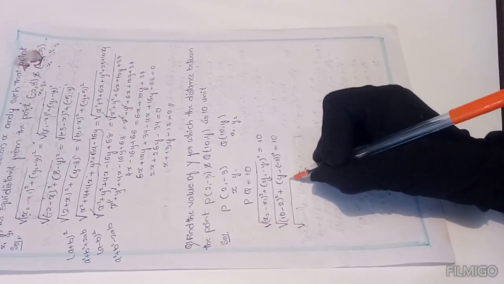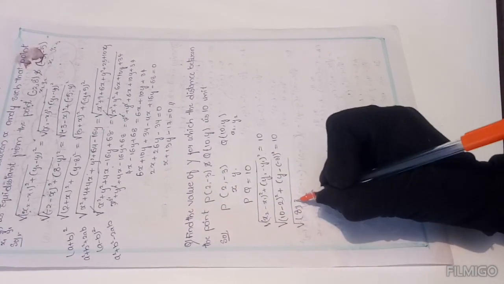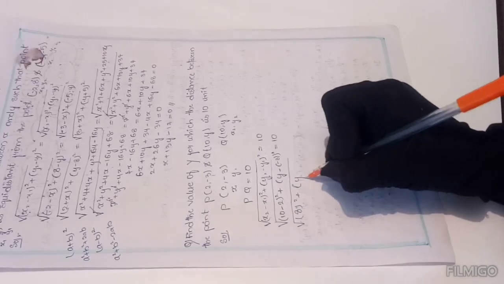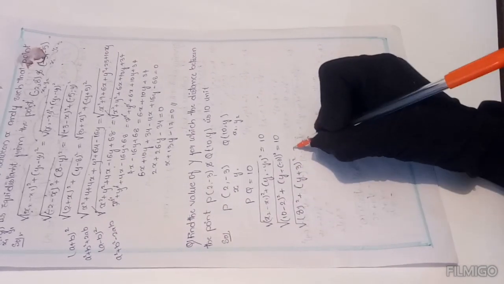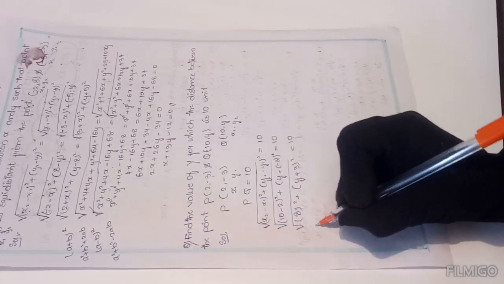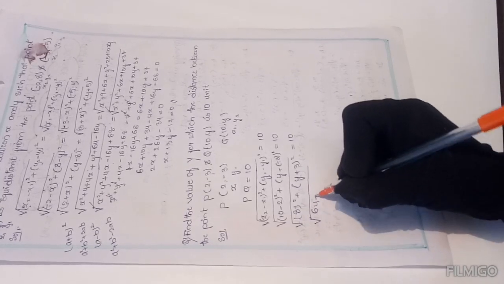Under the root, 10 minus 2 is 8 squared, plus y minus into minus, which is plus 3, whole squared, equals 10. Under the root, 8 squared is 64 plus